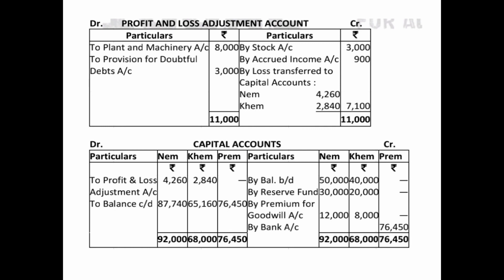So it will be shown on the credit side of his partner's capital account, that is by bank account, 76,450. And since there is nothing on the credit side except this, and there is nothing on the debit side, so the balancing figure will be 76,450. So as we can see, the closing balances of Naam is 87,740, Kaam is 65,160, and Prem is